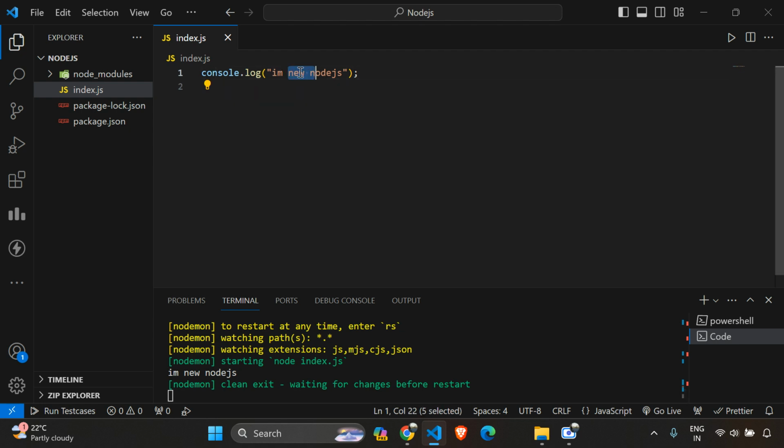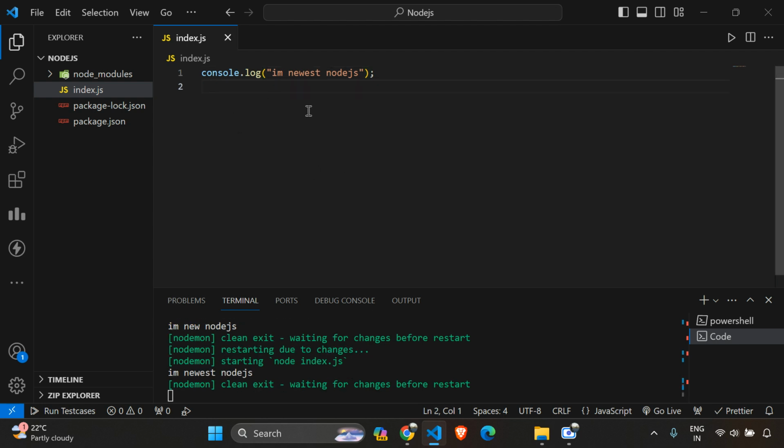Let me change it to "newest". All I have to do is not end this one, and not run node index.js again. Rather, I will just save it, just Ctrl+S. Not even going there and saving, just Ctrl+S.